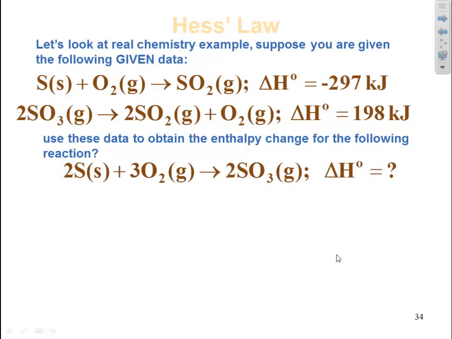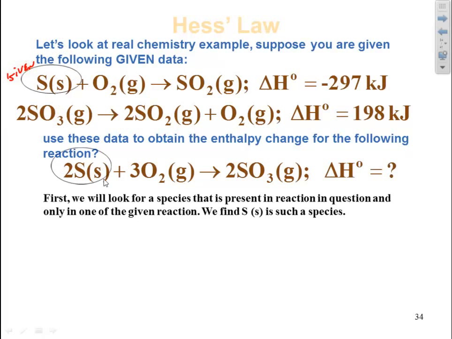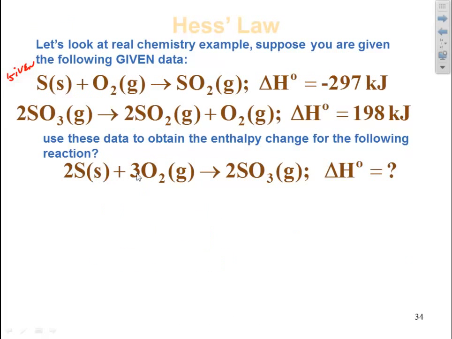Now, let's do this with some real chemistry. Here are my givens. I have sulfur plus oxygen gives me sulfur dioxide, and I have a delta H of negative 297. I have sulfur trioxide giving me sulfur dioxide and oxygen with 198 kilojoules. We're going to use this data to obtain the enthalpy change for the following reaction. So our goal is this reaction right here. I want 2 sulfurs plus 3 oxygens gives me 2 SO3s, and I want to know what the delta H